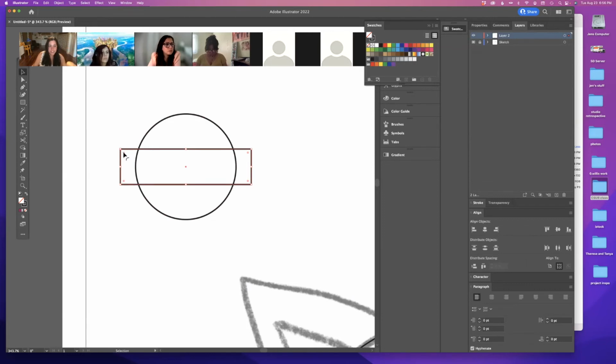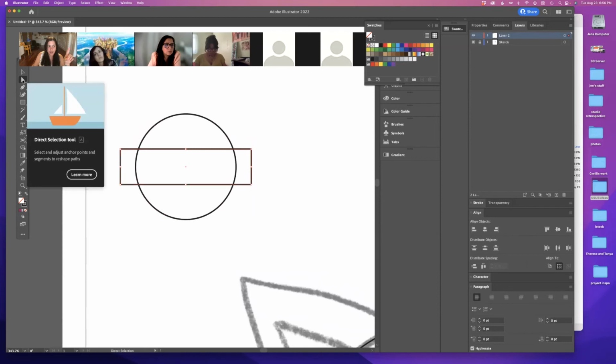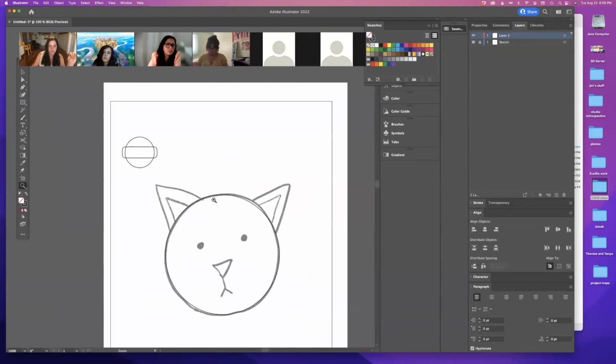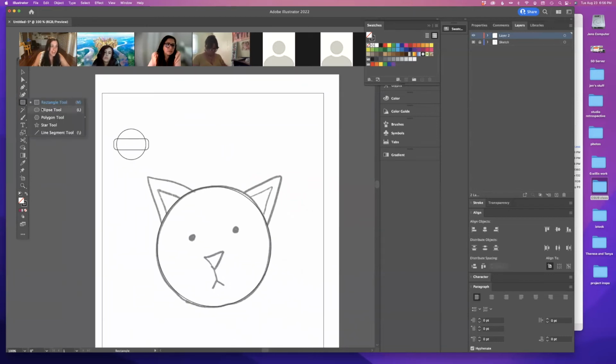And then say I want this to look more like that rounded edge. I click on it. See these little circles within the rectangle? I can grab these circles and I can bring them in and around these corners. And then decide how I want that to fit. So I currently have two shapes that I'm going to turn into one shape. I'm going to do that with this cat too.